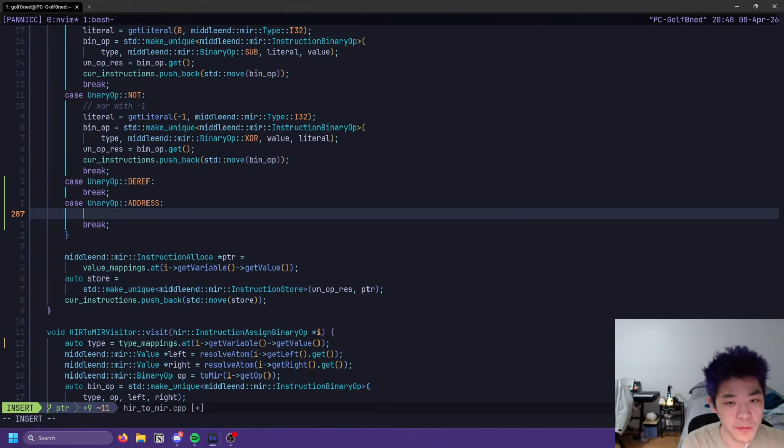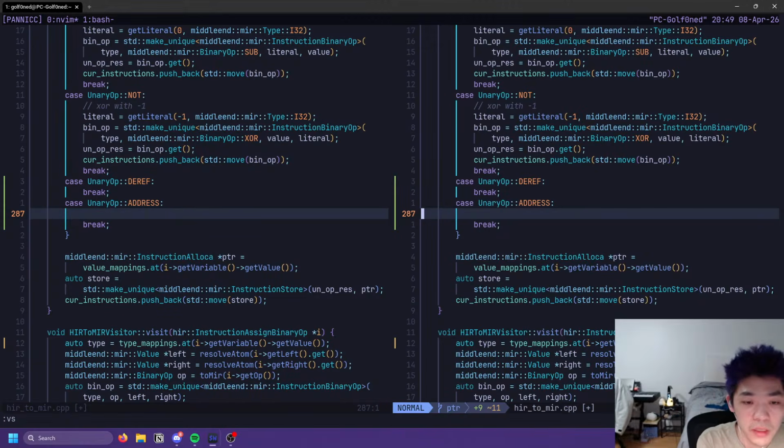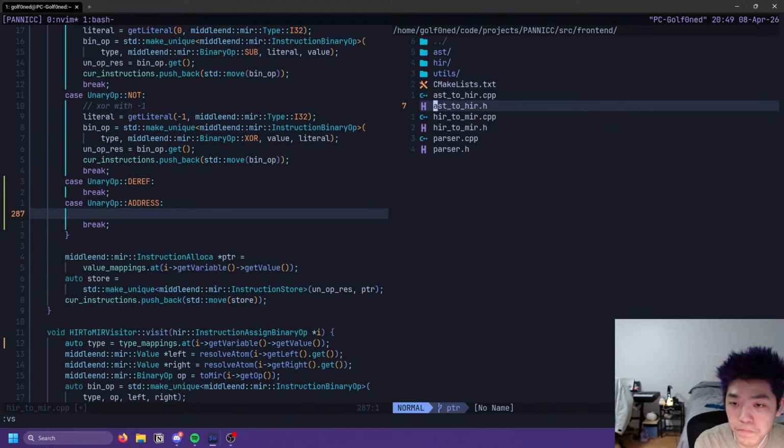Okay, so address, so we're getting the address of something. So that thing has an alloc attached to it because of the way we're generating things. So we should just get the alloc then, I believe. Yeah, let's do it like that.